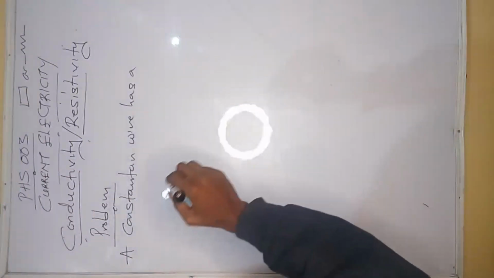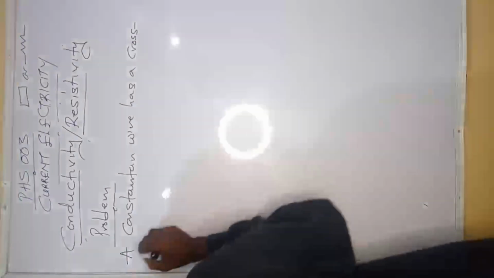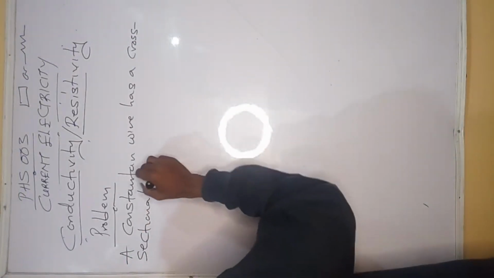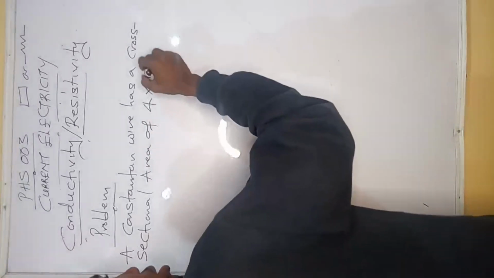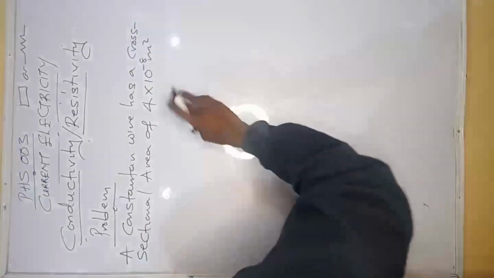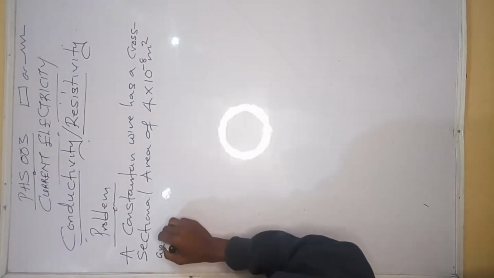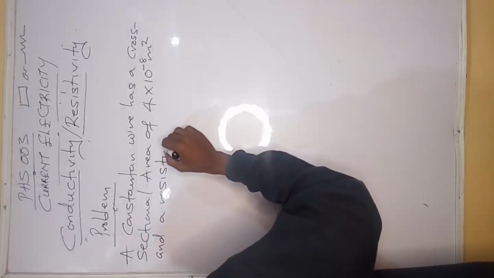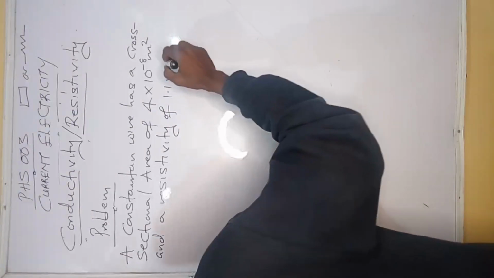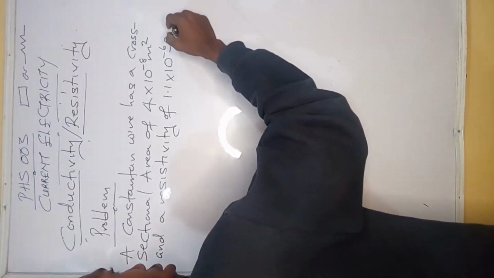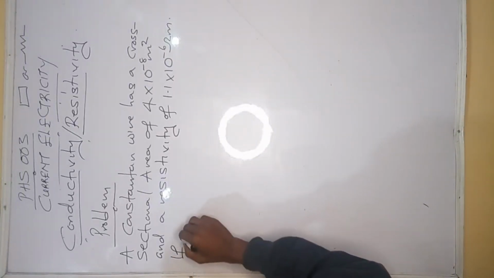A constant wire has a cross-sectional area of 4 times 10 to the power minus 8 meters squared. They gave the unit perfectly well, meters squared. And the resistivity of 1.1 times 10 raised to the power of minus 6 ohm meter. Then I said, if a resistor